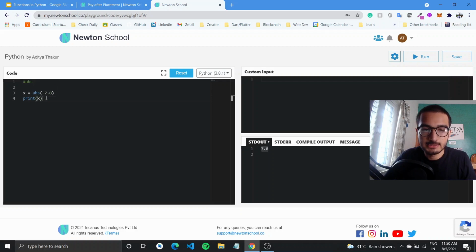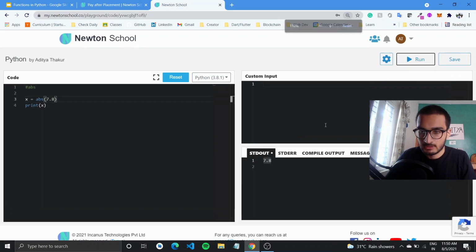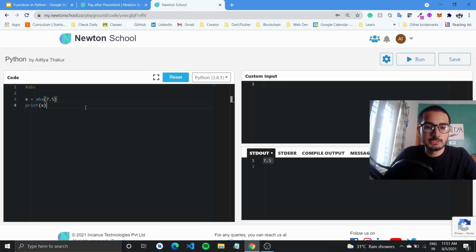If this were a positive number and I run this now, let me also zoom in a bit, you'll see the output would remain the same. Let me just change it so that you can see the difference, right? If it's a positive number, there should be no effect on it. If it has a negative sign, that negative sign would be removed. This function can be used in a number of places, so this is one important function.